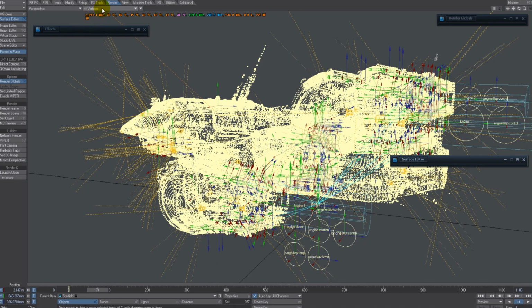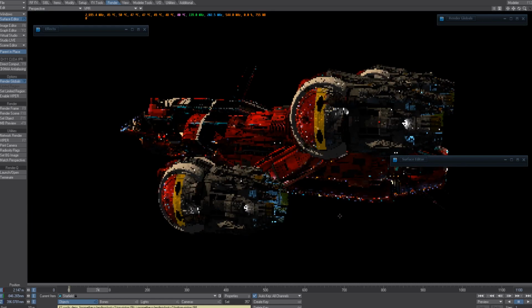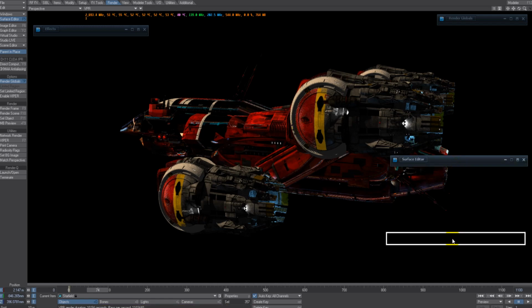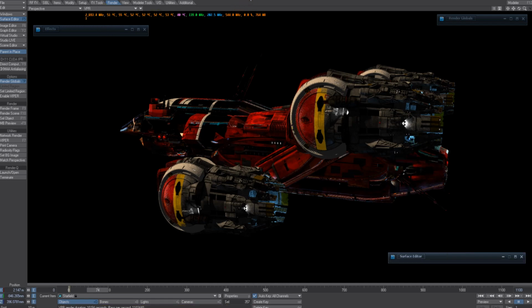So if you have a high mesh like this, you know it's going to take a long time if you are rendering with Monte Carlo and radiosity, but I will show you a way to get a nice clean render like what you see here on the screen,